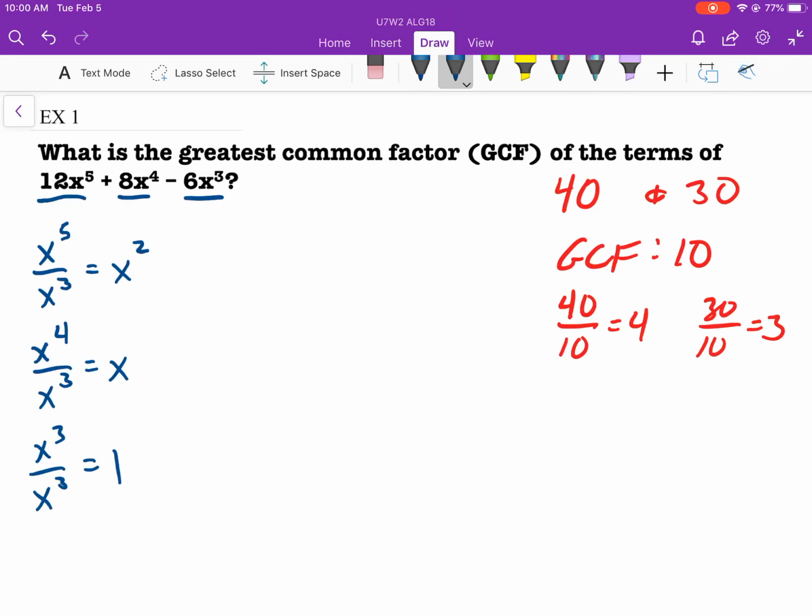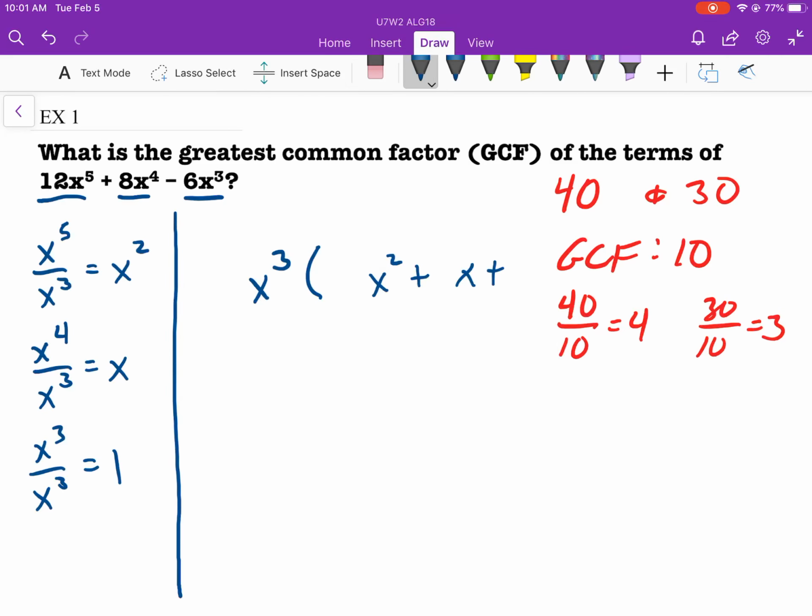So these terms no longer have anything in common, because the 1 doesn't have an x. So when you take out x to the third, you would be left with x squared plus x plus 1. We're just going to leave that for right now,